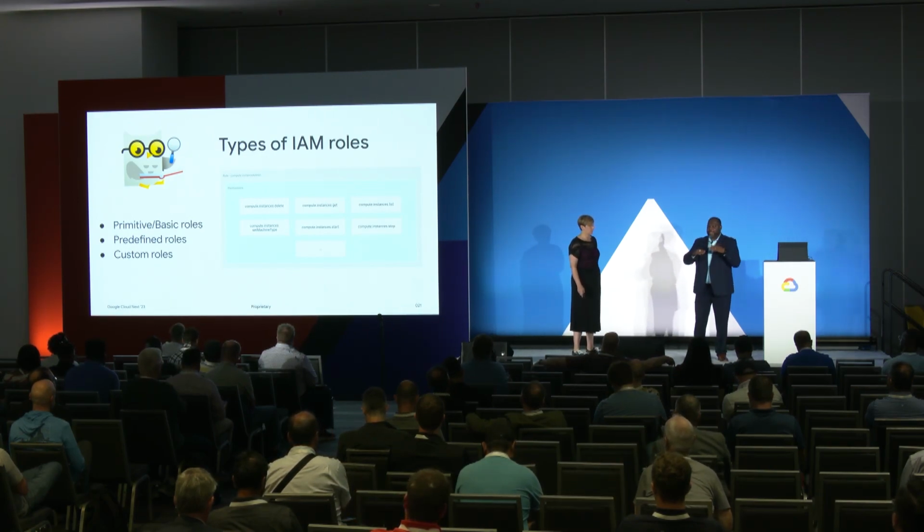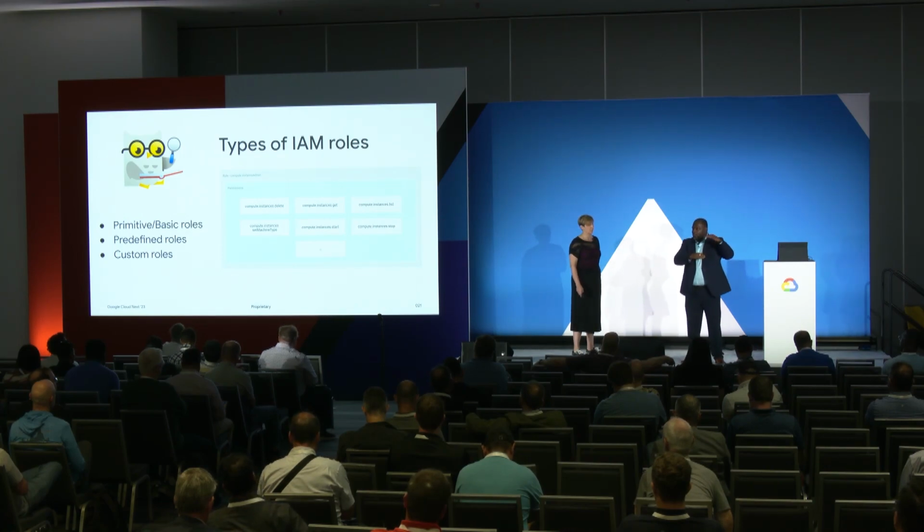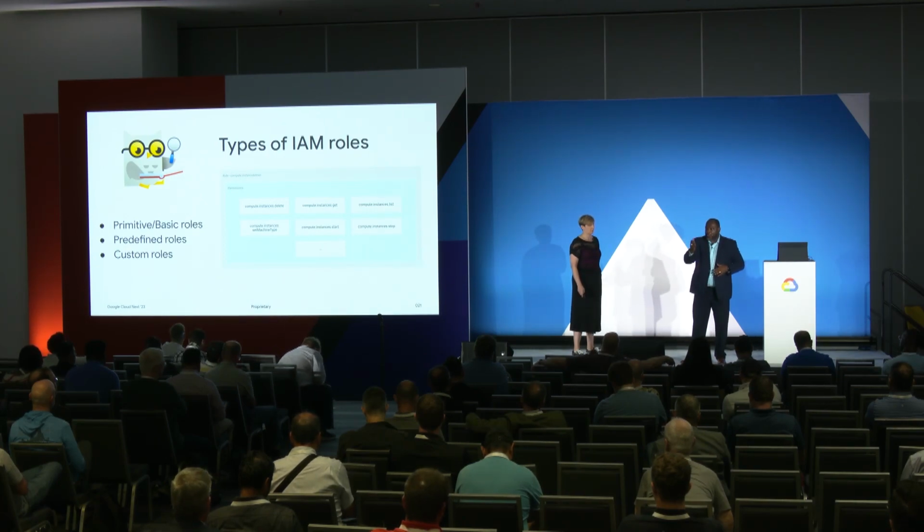So let's say you use a Pub/Sub viewer role, but you find out that of the permissions in Pub/Sub viewer, I don't want Chris to have these last two permissions. I would create a custom role based on that predefined role, and now Chris can do everything with this custom role except these last two things. So we started out with Pub/Sub viewer, but we stripped away two permissions off of that, and we created a custom role. And so now that is something that is more bespoke for our organization.